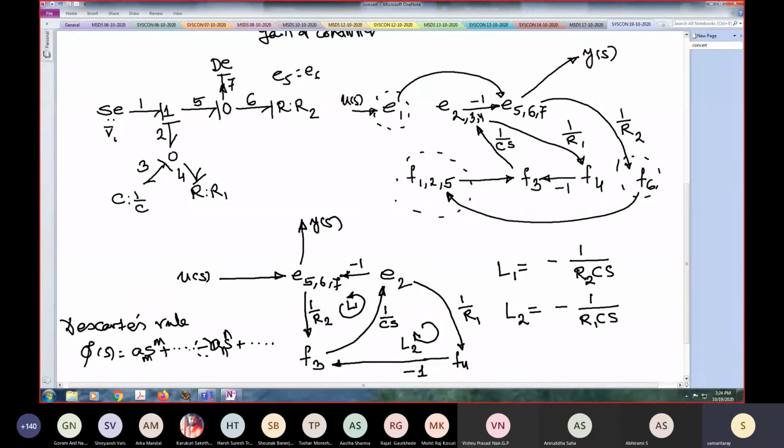So if one root's real part becomes positive, then the system will become unstable. So if we know that the system is perfectly stable, then all terms must be positive. That does not guarantee that all roots will be negative, but the necessary condition says that all coefficients must be positive. But that's not a sufficient condition. If you have one term minus, the necessary condition is not satisfied, and obviously the system will become unstable. So if you have prior knowledge that a system is perfectly stable, then all loop gains should be negative.